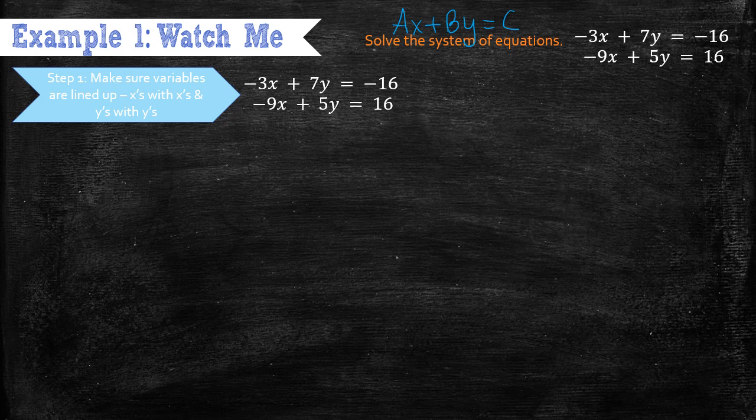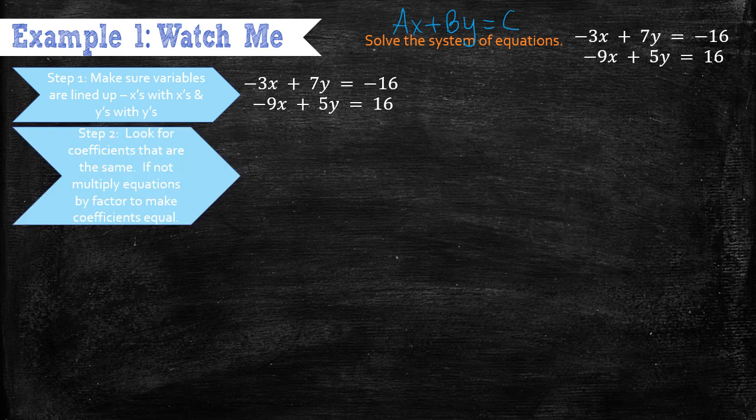So my x's are lined up, my y's are lined up. I want to look for the coefficients that are the same. So if I look at my x terms, I've got negative 3 and negative 9. Those are not the same. My y's, I've got a coefficient of 7 and 5. Those are also not the same. So when they're not the same, we have to multiply either one or both equations by a factor to make the coefficients equal. So what we can do here, if I look at my x terms, I've got negative 3